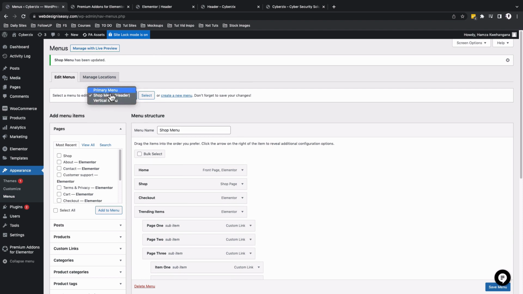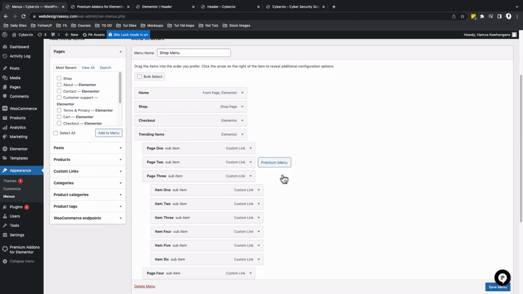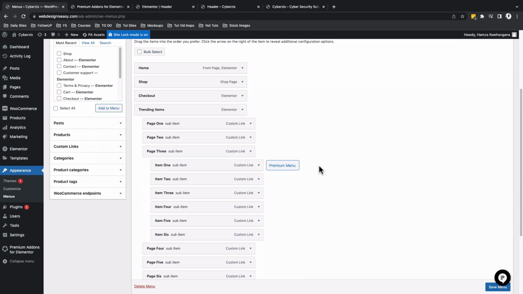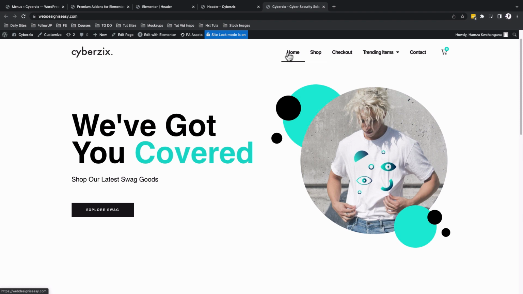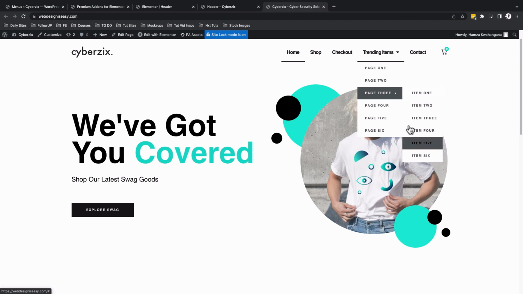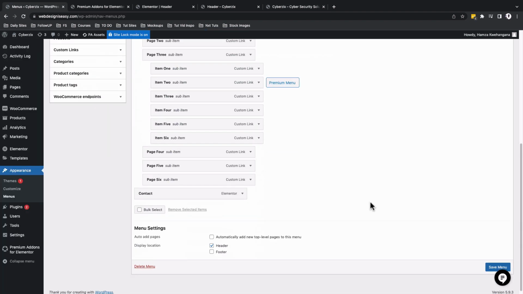I have the primary menu, I have the shop menu, I have the vertical menu, but in this case and on this website, I'm going to be using the shop menu, and these are the items that are on the shop menu, and it is the same menu that is reflected here on the site. So shop menu, and there's also these trending items, including sub menu items down below here. Once you have your menu created, just make sure that you save that menu so you are able to start